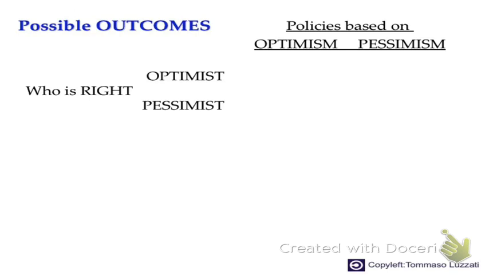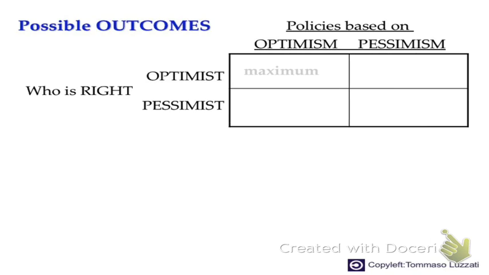Are the optimists right or are the pessimists right? So what are the possible outcomes of the four combinations? What will occur? We can do this kind of matrix. What will be the outcome in case we do policies based on optimism